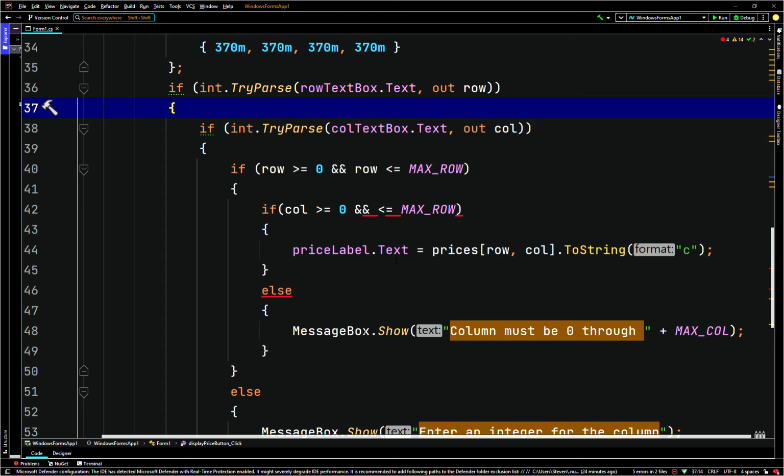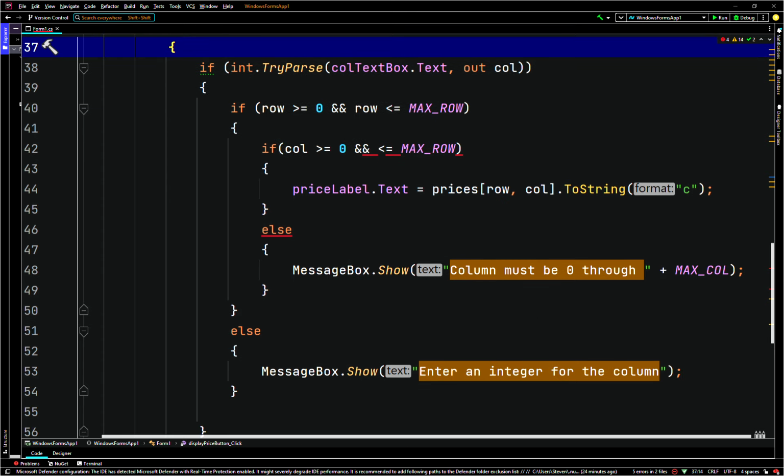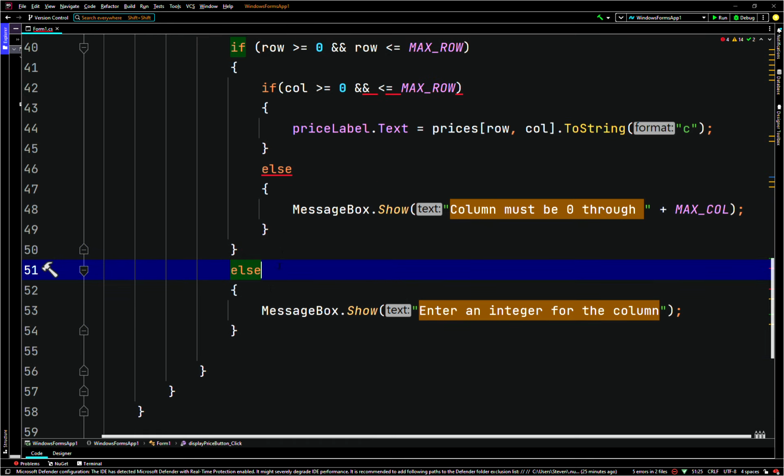So we'll just go check the first one. So we have MessageBox. So this else, the first else here, is going to be MessageBox.Show a string. So the string "col must be 0 through" and then plus max col. Then under that if, the outer nested if, we'll have here for the second one MessageBox.Show, row must be 0 through